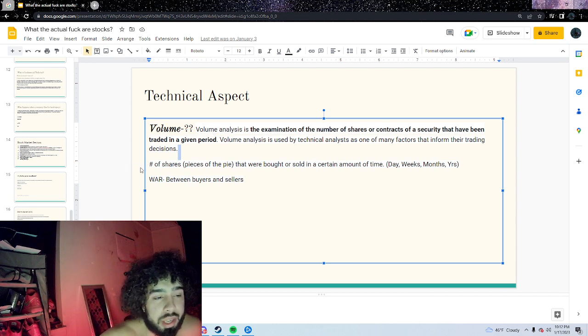So what I like to say is volume is buyers and sellers, right? Buyers and sellers that are involved. We have people selling and then we have people buying. In certain scenarios, whether you want to hold long term or short term, you have to look at the volume and see where it's going. The phrase is: the trend is your friend.